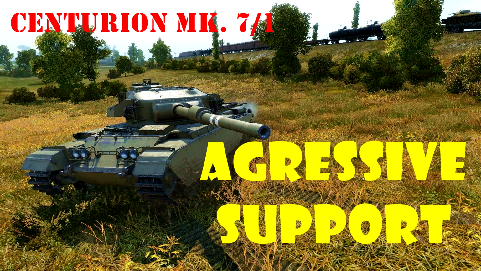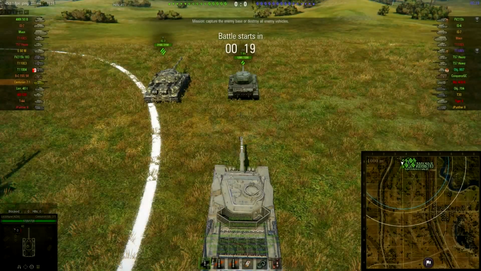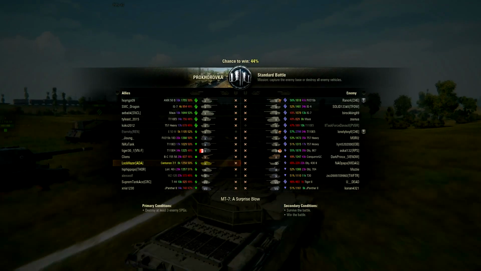Today's replay is courtesy of Lockhazer, whom you might already know from some of the previous replays. Turns out, he also really likes his Centurion 7.1, as I received multiple ace tanker games in it. And I think I selected a pretty nice one for you in this tier 10 match. Check this one out. Alright, so here we are on Prohorovka in our Centurion in a standard match,